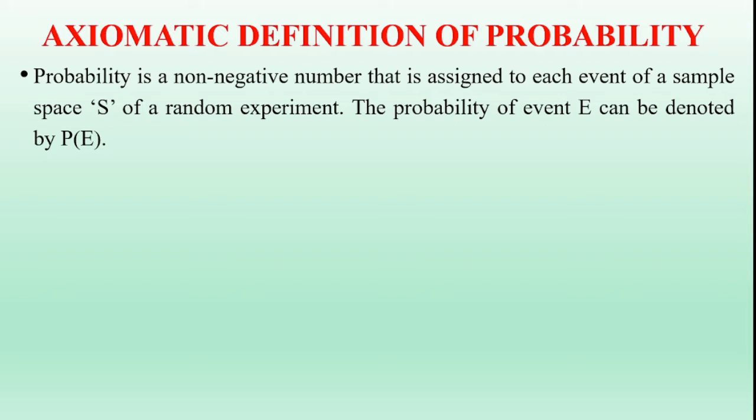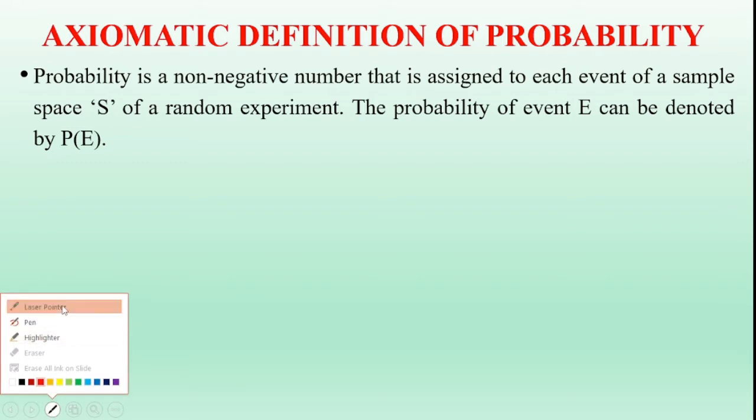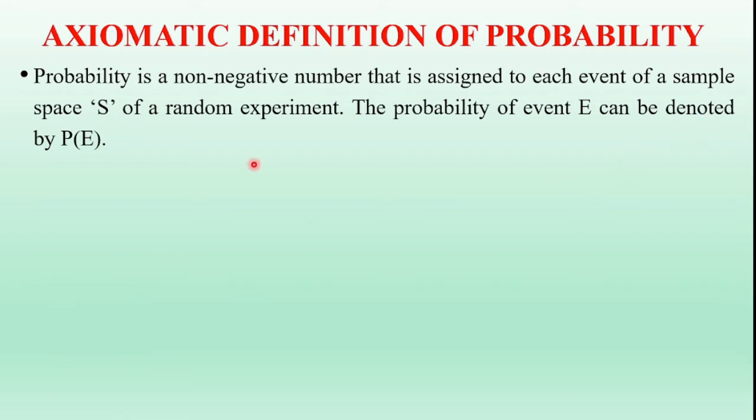Probability is a non-negative number that is assigned to each event of a sample space, capital S, of a random experiment. The probability of the event capital E is denoted by P(E). The assigned probabilities are chosen so as to satisfy